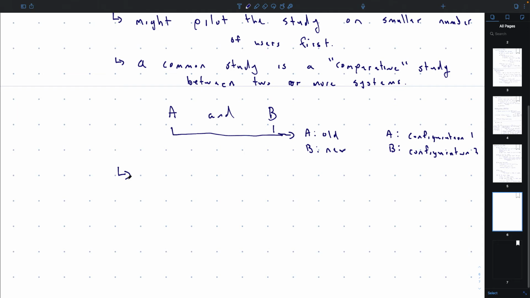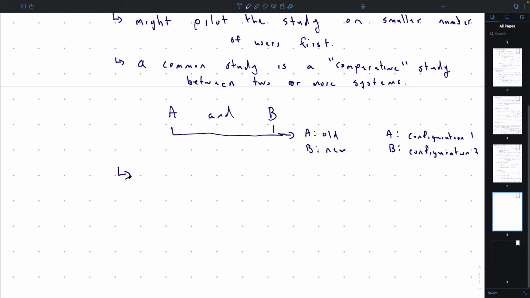Okay, now there's two ways of doing a user study. Well, there's probably more than two, but there's two common ways of doing it. You have system A, you have system B, and you want to know the differences between them. The most efficient use of your time is you bring a user in, you have them use system A, you do all your measurements, then you have them use system B, and you do all the measurements. But there's a big problem with that.